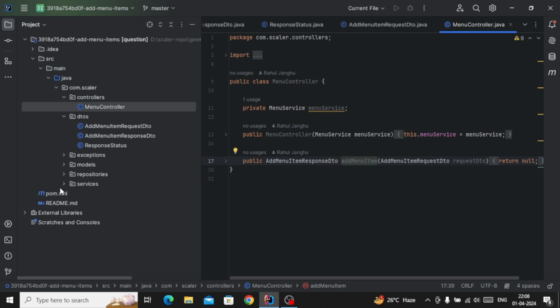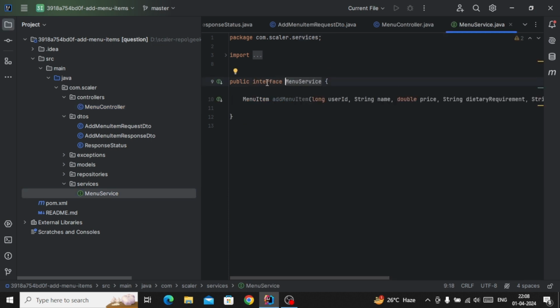As you can see, we have a service file, menu services. Here in the menu services we will create the same method and pass the request DTO. It is an interface, and it is already given the same method name, and it will return the menu item. In these services, we have to create the menu item.